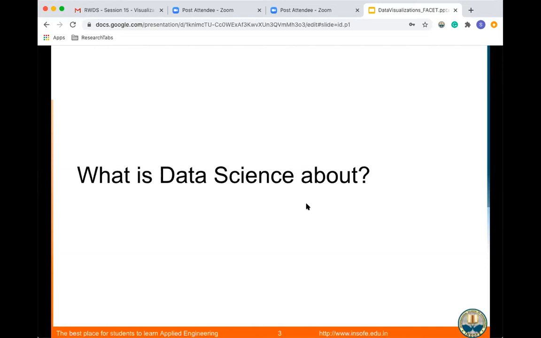What is data science about? We're going through the classes, the sessions. A simple question: what is data science all about? You can use the chat window.